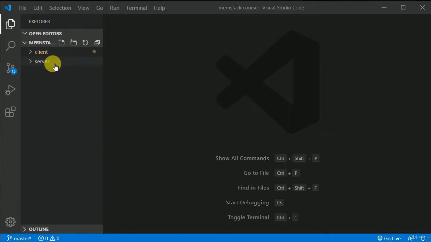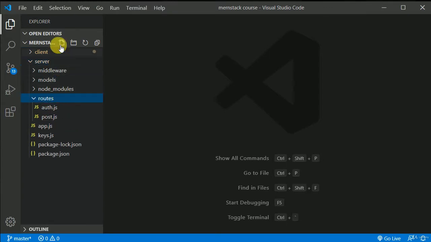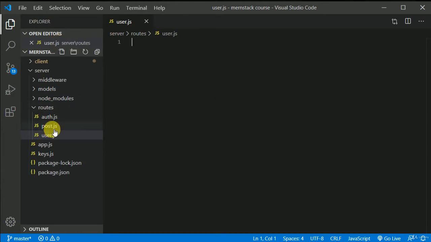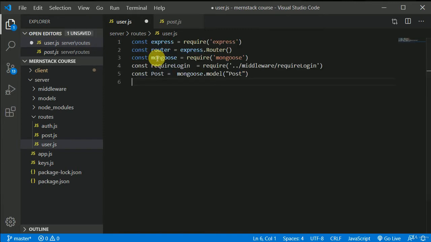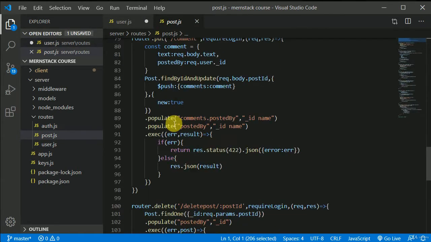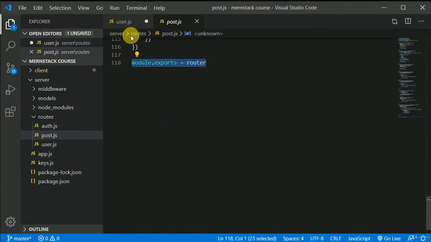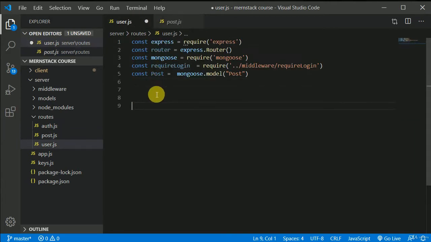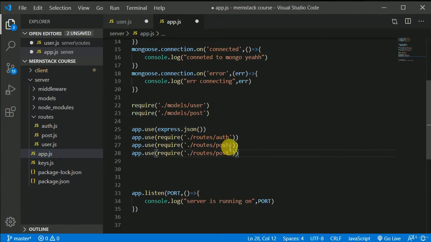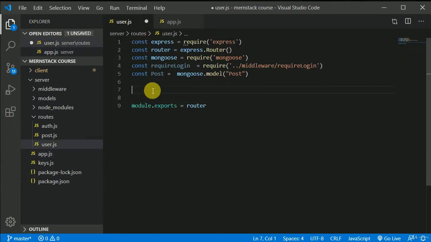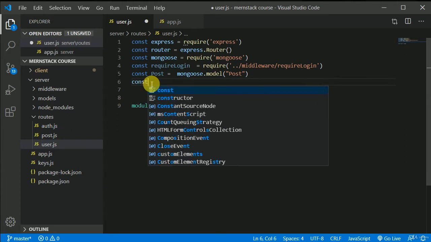Okay, so first let's write an API for that. So in here routes, I will create one more route, that is user.js. Now let's copy some of the boilerplate stuff from here. Control C and Control V, and this one also Control C and Control V. I need to register this route in this app.js, so I'll duplicate this line and here I will write user instead, like so. Okay, and we need one more model, that is user model,